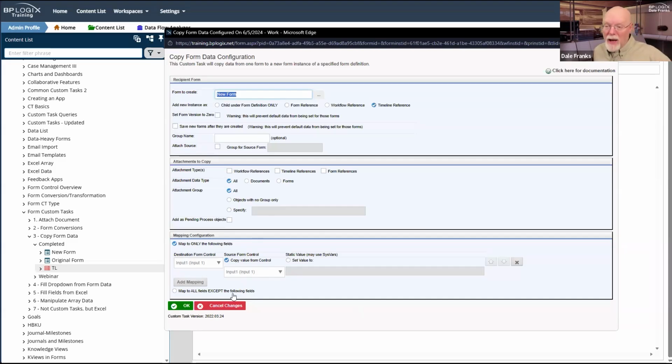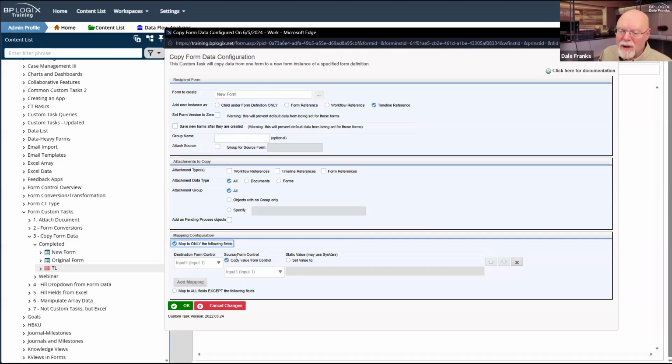And I'm going to go ahead and throw some data into that new form. Now, I only have a couple of fields, so there's not much mapping to be done. But technically, you could map as many fields as you needed from one form to another. And indeed, if all of your form field names were the same, you could map to all of the fields where the field was the same name. I've already got this configured this way to add my mapping.